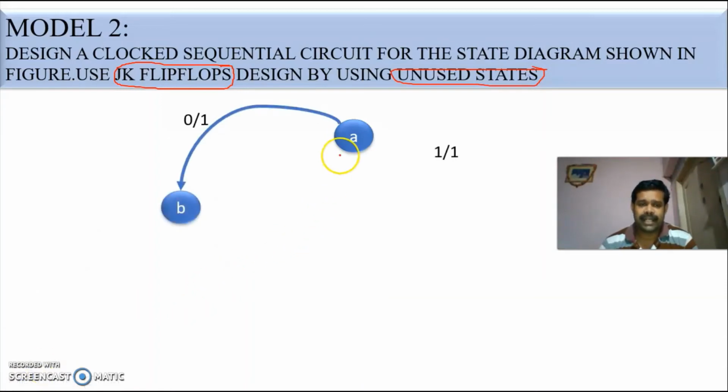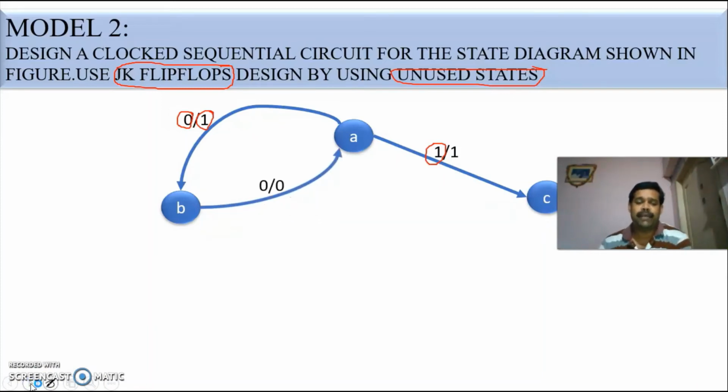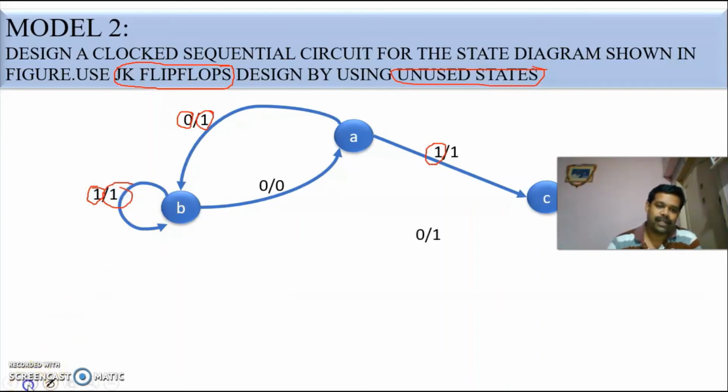In the state diagram, when you are in state A and provide the input 0, it goes to state B and has an output of 1. Similarly, when you are in state A and provide the input 1, it goes to state C and has an output of 1. When you are in state B and provide input 0, it goes to A and has output of 0. Similarly, in state B, when you provide an input of 1, it stays in the same state B and the output is 0. Similarly, for C,